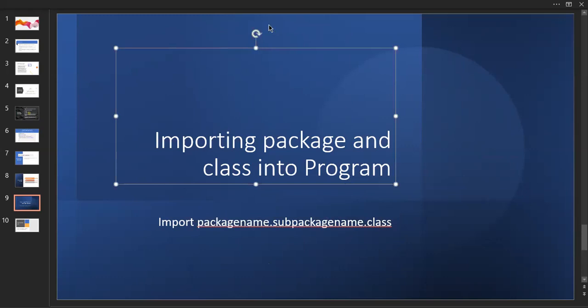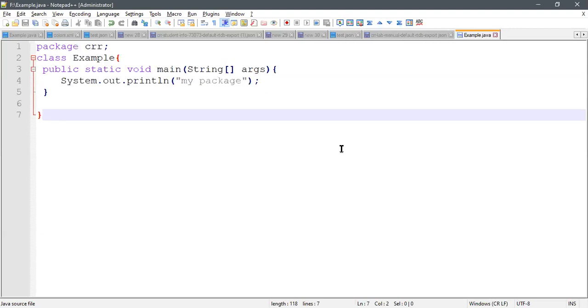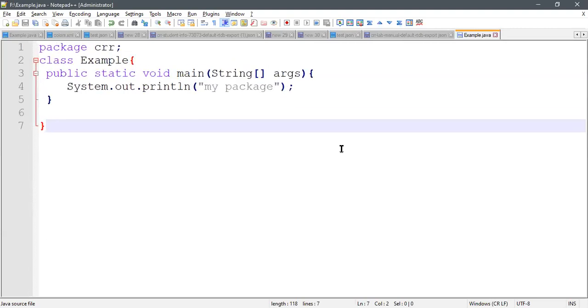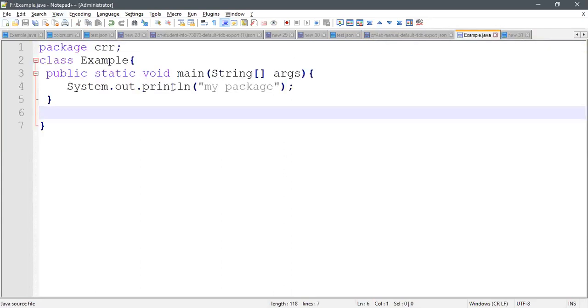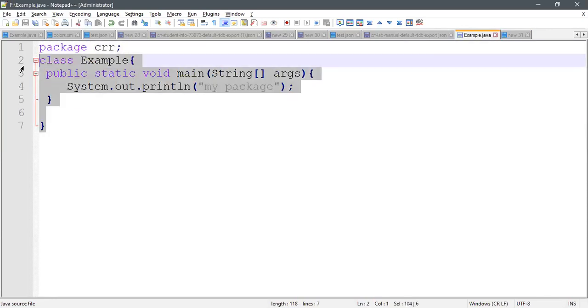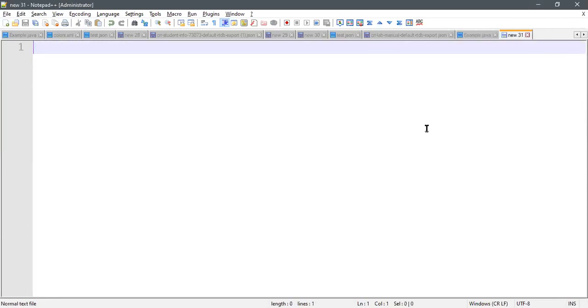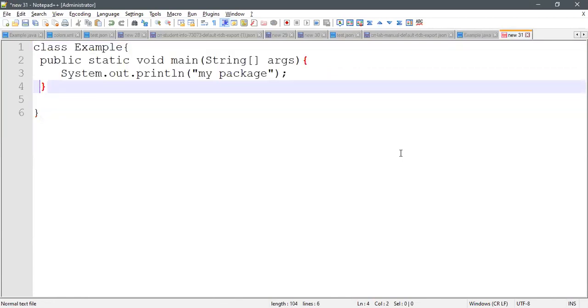Okay, just go to, so here itself, I'm going to create a file. This is the file which is available inside this package. So now I'm going to take a new one. Just I want to copy this. Just paste it over here. And here I'm going to take the name as sun. So the name of the class is sun.